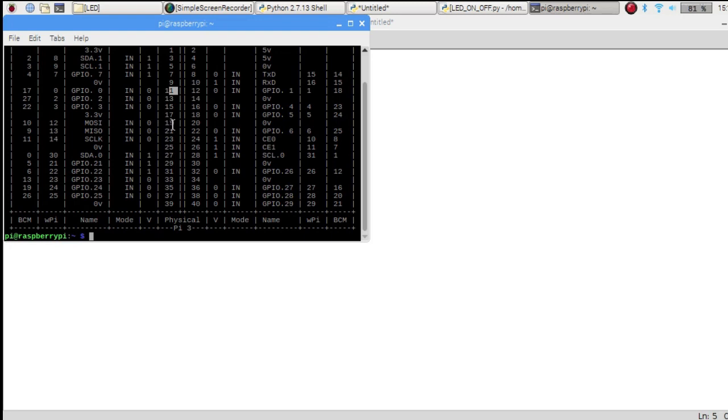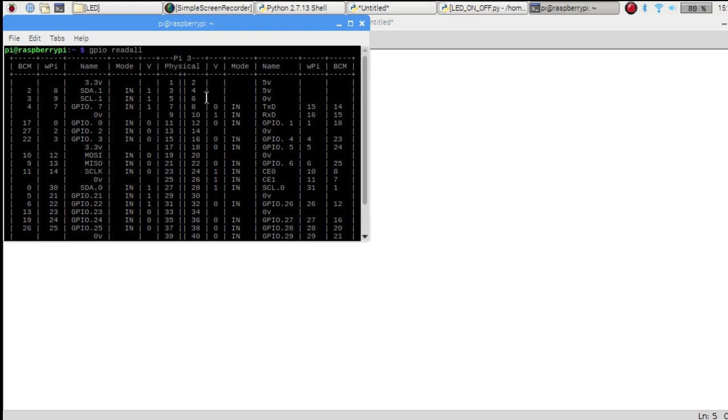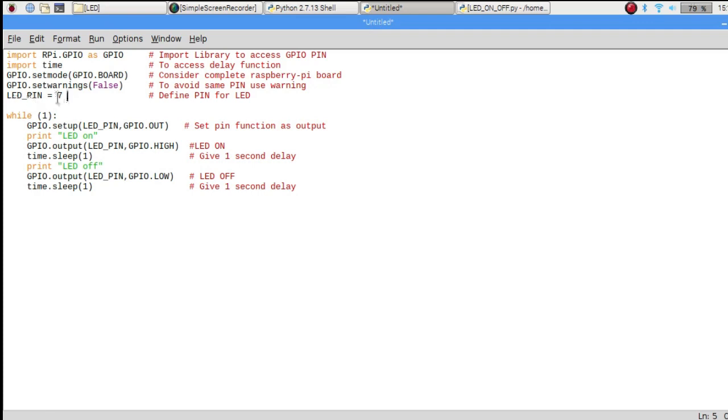But you cannot use pin 19, because pin 19 is used as MOSI, which is used for SPI communication. So whenever you are using any pin as a GPIO, you must select that pin with its physical number. So I have selected 7, and I have assigned 7 to one variable.